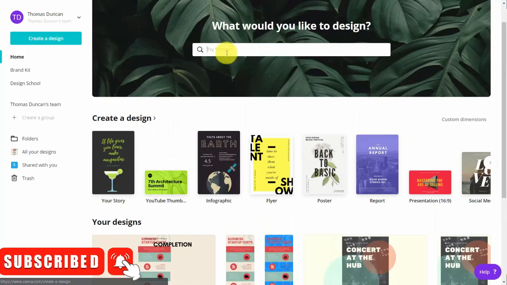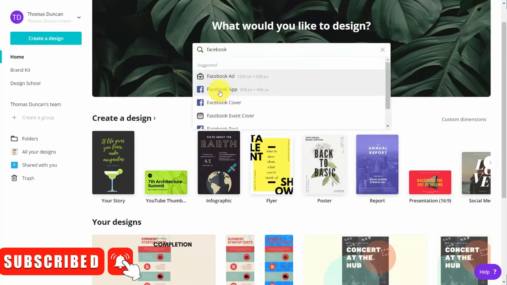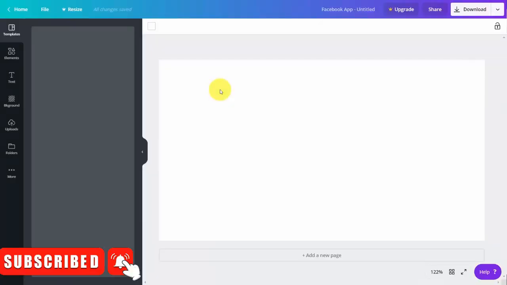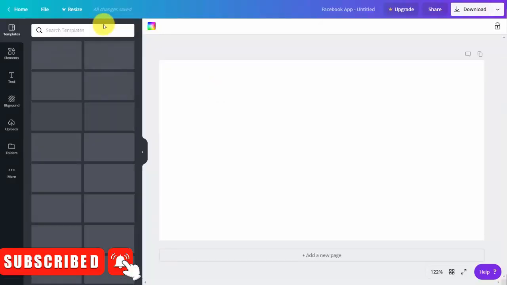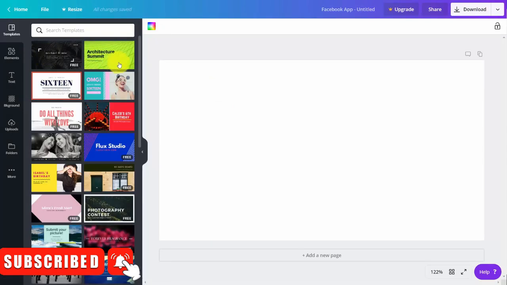What you can also do to find the design is use this search engine, and you'll just write in the kind of post that you're going to be creating. What you'll then be able to do is to click that link. This will give you access to a specific kind of template where, again, you have choices between free and paid templates. And once you click in here, you're then inside of the canvas that you'll be working with and that we'll be covering for the rest of this course.